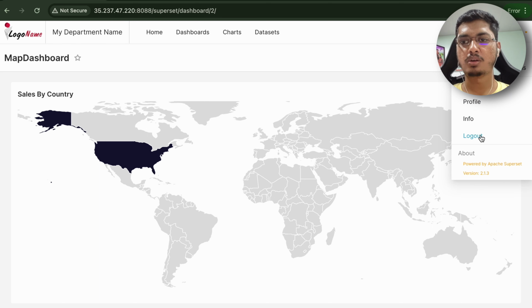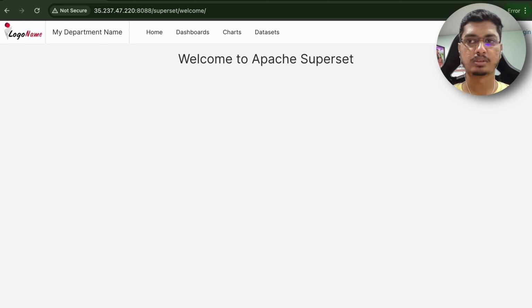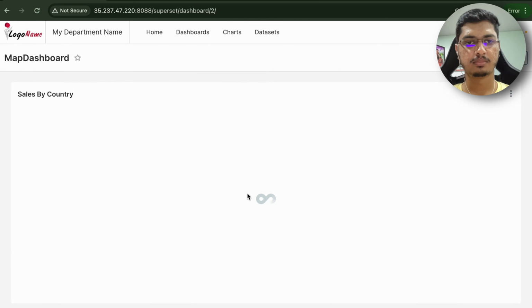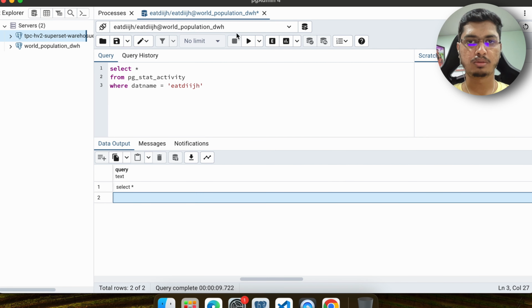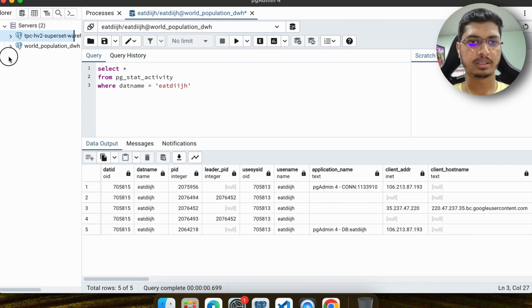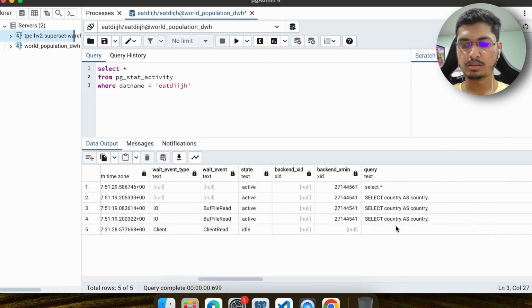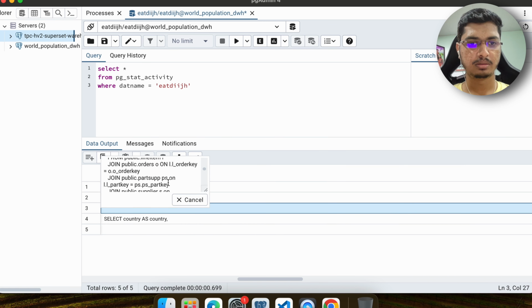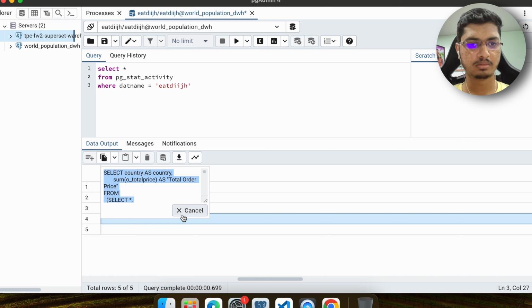Now let me quickly log out and log in with the India user. So India, wait, don't load, we can compare queries. Okay, cool. So let me hide this, and where can I find that query? This is not it. Is this the query? So this is the query, because